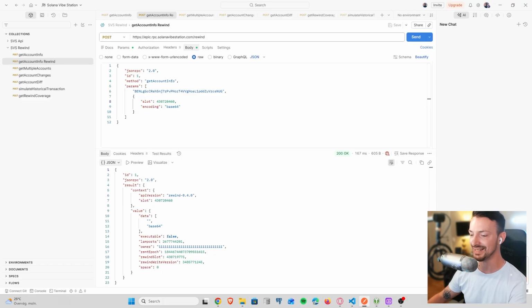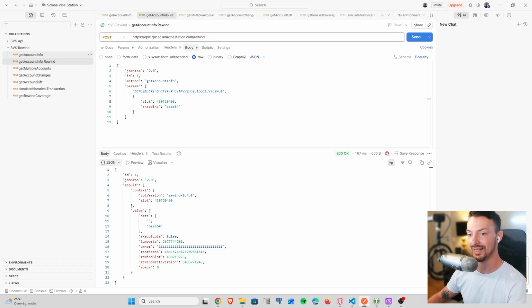Now, what we can already see here is that back then it held around 2.6 Solana, and this is not the current 0.17 Solana anymore. So we can see that there is a change compared to the current state, and it's almost the same call that I did. It's called get account info. However, this time I just specified the slot that I want to rewind to, and also I used the /rewind